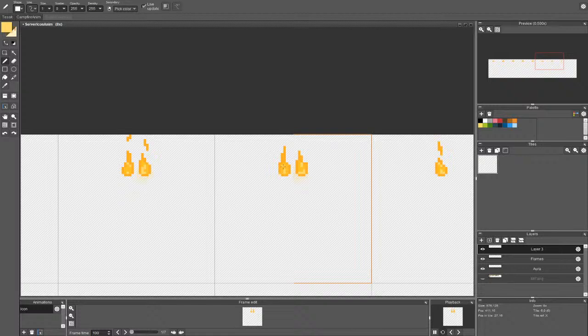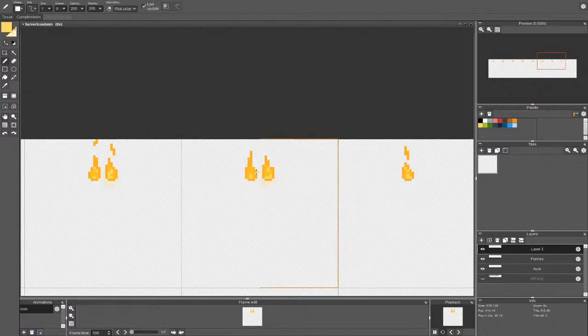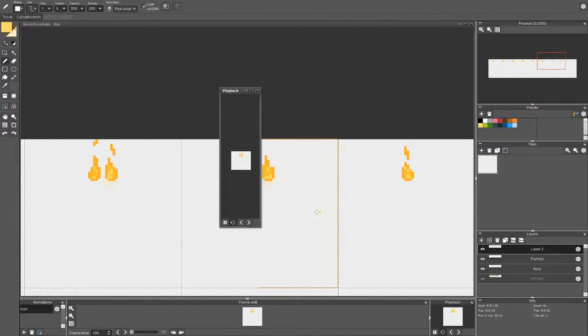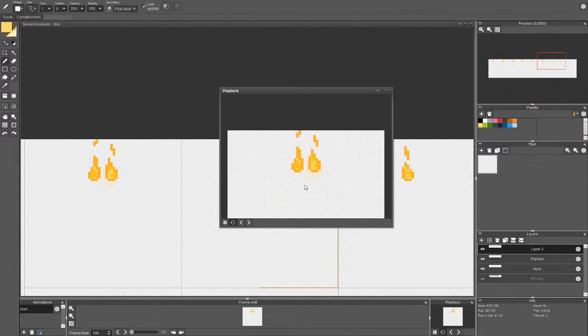This is great. I think we managed to make it kinda look like a loop. It should be kinda good. Yeah, it's looping. It's not perfect.